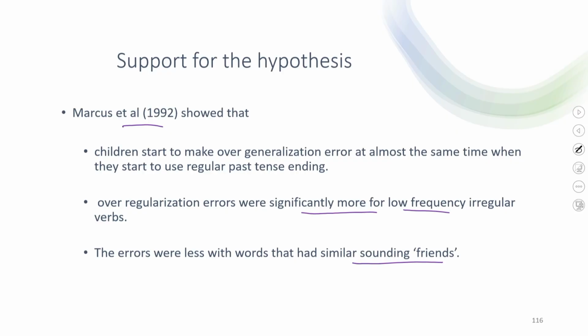So, that also gets supported. So, the main three propositions of the dual root hypothesis seem to be supported by the findings. Not only this particular study, but there are many other studies that have found similar results. But that does not mean that there are no problems. There are problems and they have been put forward